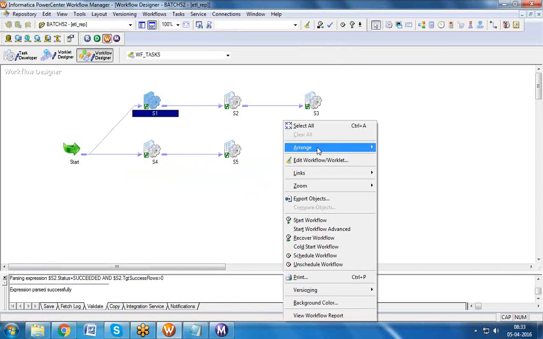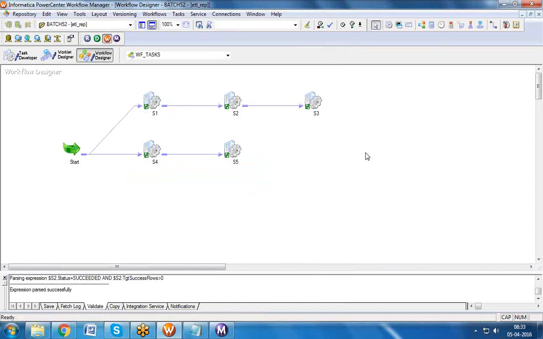Now, if S1 and S4 both get successfully completed, then only I want to run S2. Then how will you configure this dependency? Generally, this is in a sequential batch, this is in a parallel batch. Now I have another dependency. Let us assume, if S2 and S5 both get successfully completed, then only I want to run S3.